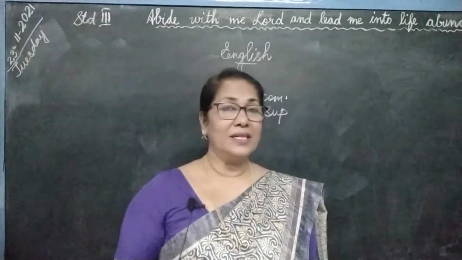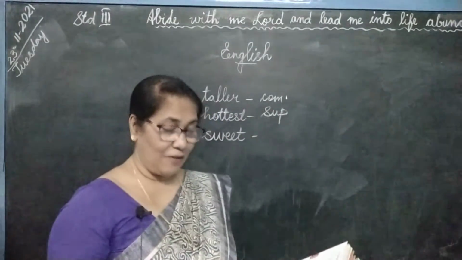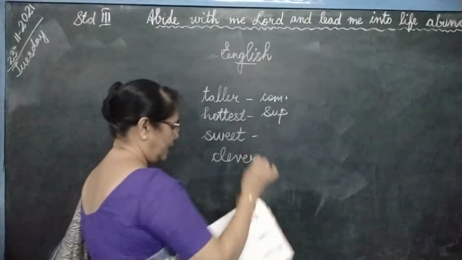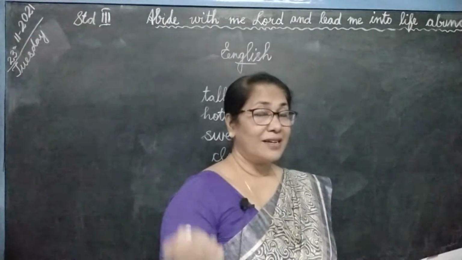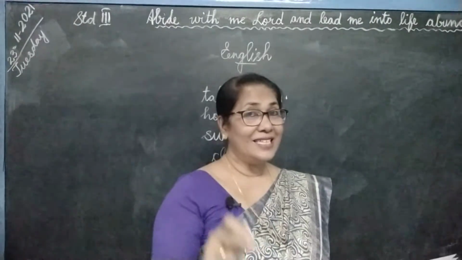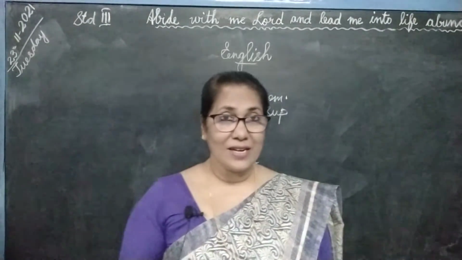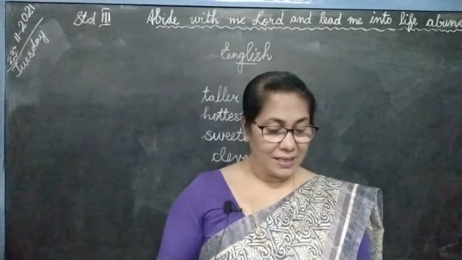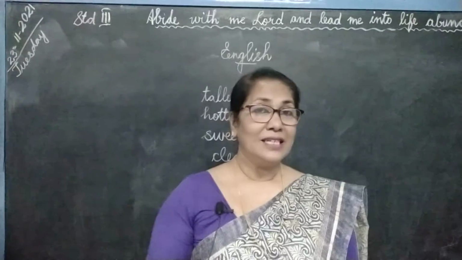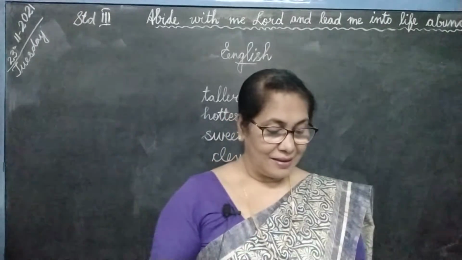Fourth one, Tanu is dash. Now we are not comparing anyone with Tanu. Tanu is clever. It's not tall. Clever. It's a positive degree. Tarun is cleverer. But Tia is the cleverest. Now 3 people we are comparing. Clever, cleverer, cleverest. Tia is the cleverest of the 3. The first person is clever. Second person we said cleverer. Third person cleverest.